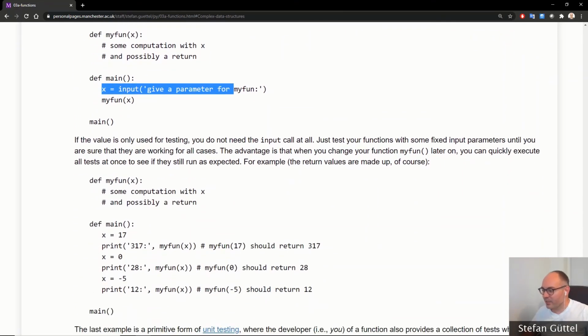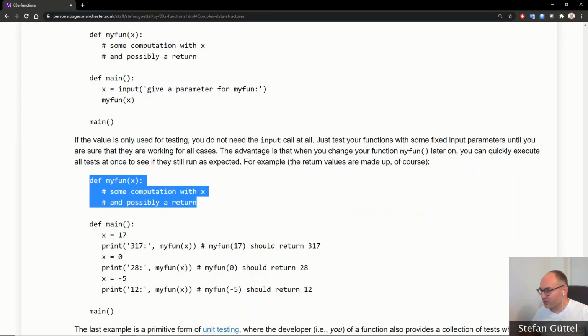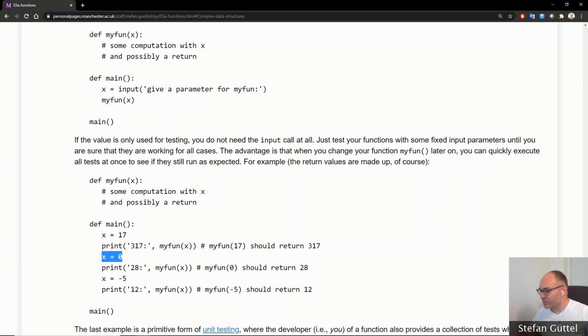I highly recommend avoiding the use of input at all. If you have a function myFun that does some computation and you want to test it within your main function, I would recommend using predefined fixed values for the input parameter. Okay, so you see I'm testing myFun here with the input parameter 17, and I have somehow worked out that